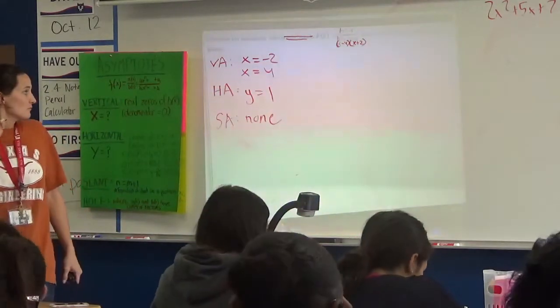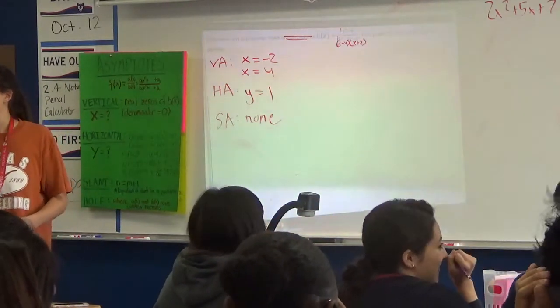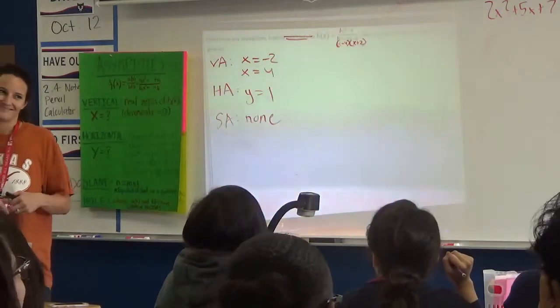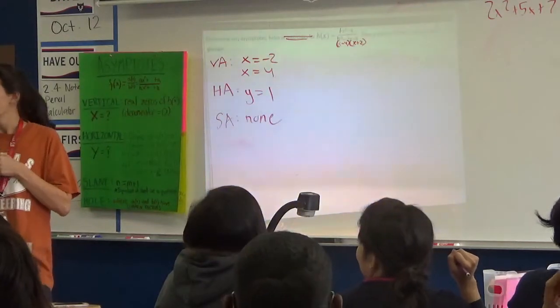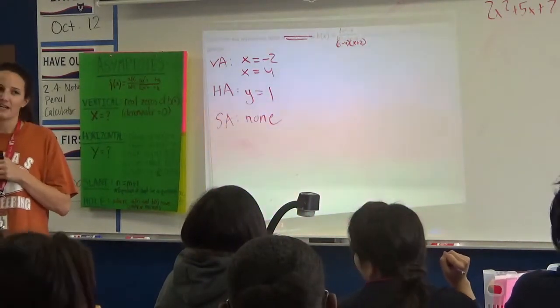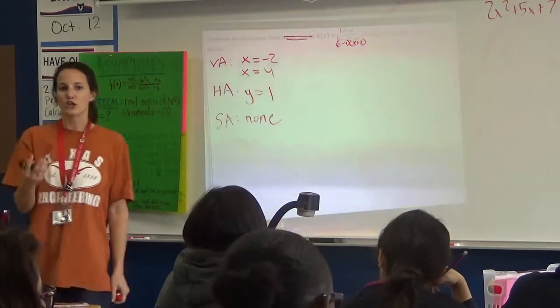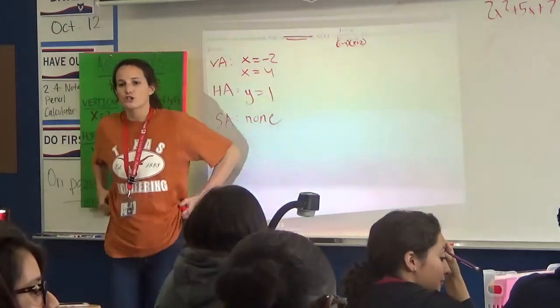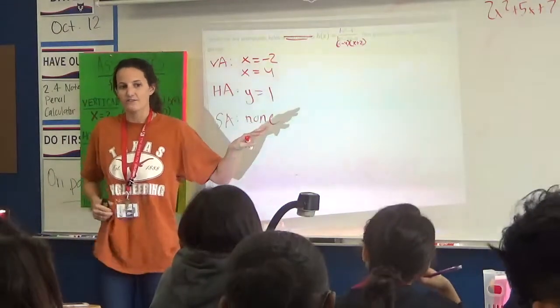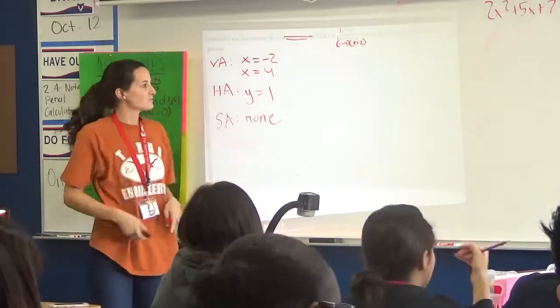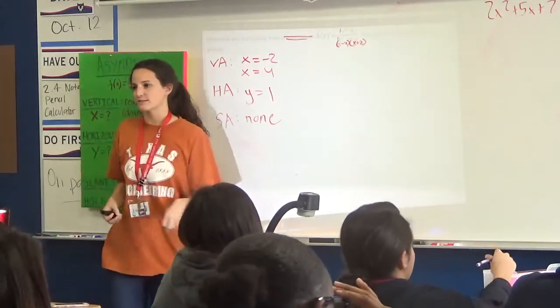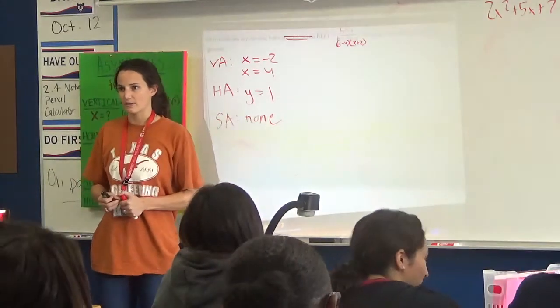Okay. So I kind of lied to you. It's one of those lies where I just left something out because it was going to be too much. I left out this thing about holes. If you were to graph this, something funky is going to happen, because one of those vertical asymptotes is actually not going to be a vertical asymptote.